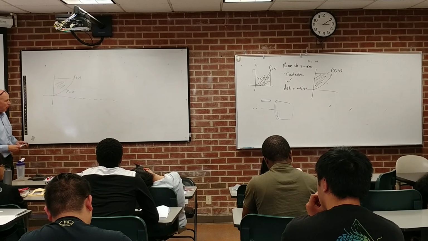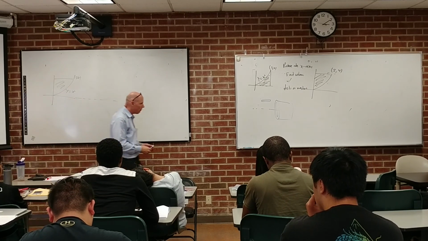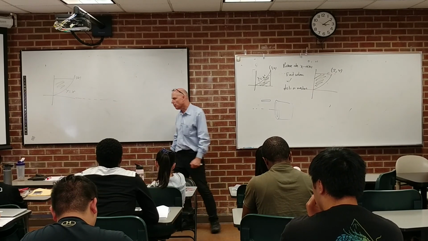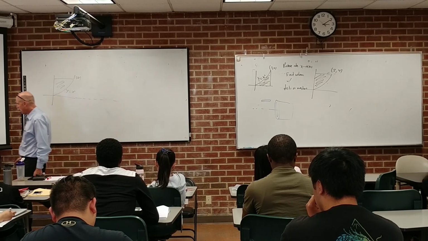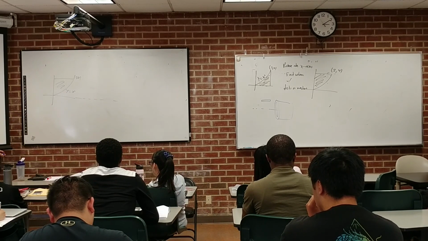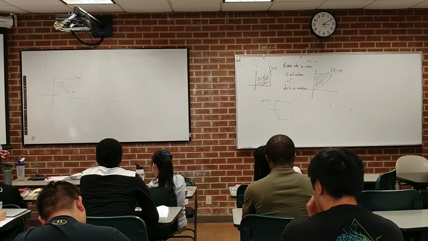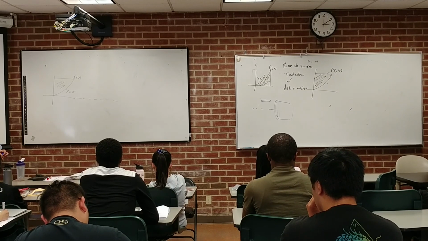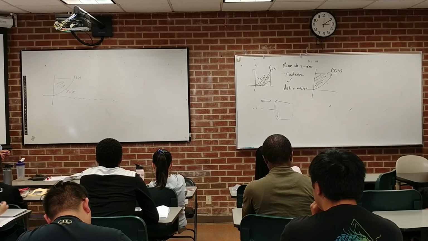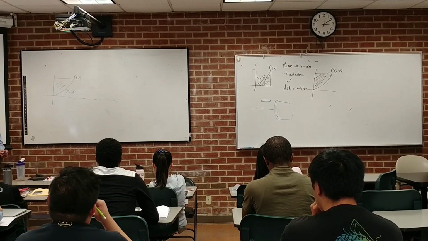So the second one is I'm rotating about the x-axis. Right? I'm trying to get a washer. What's the orientation of the rectangle that will give me a washer? Horizontal or vertical? For a washer,